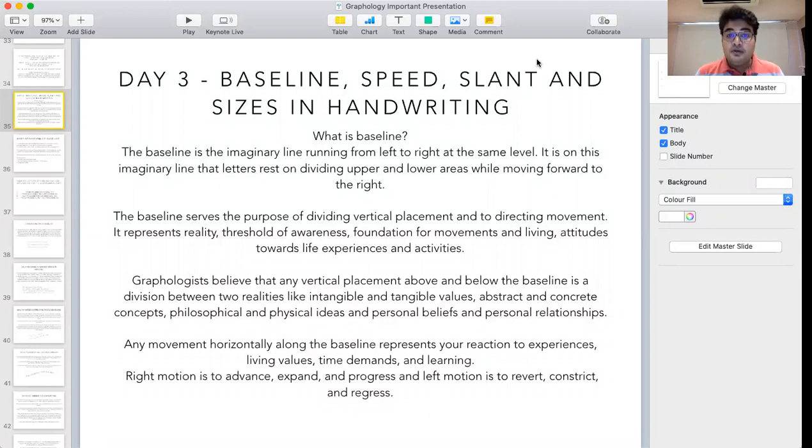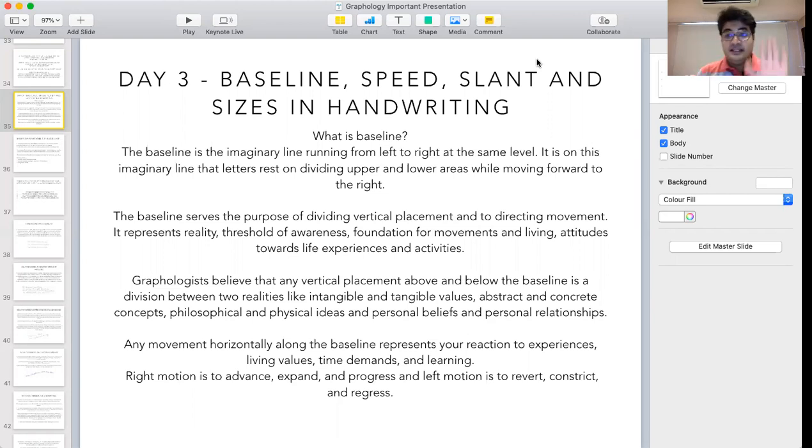Today you are going to learn about baseline, speed, slant and sizes in handwriting. So first let us understand what is the baseline. The baseline is the imaginary line running from left to right at the same level. It is on this particular imaginary line that letters rest, dividing upper and lower areas while moving forward towards